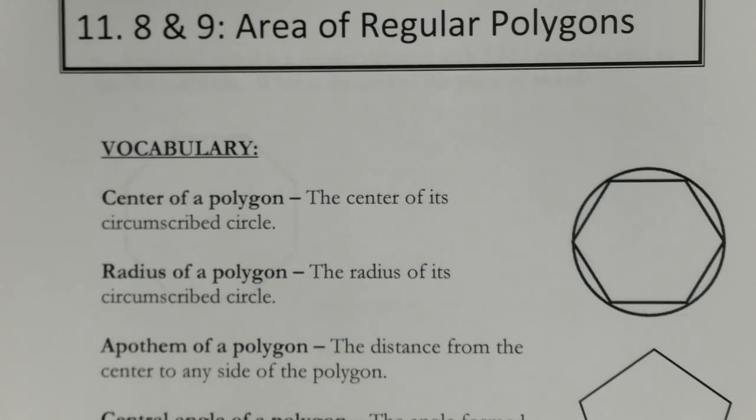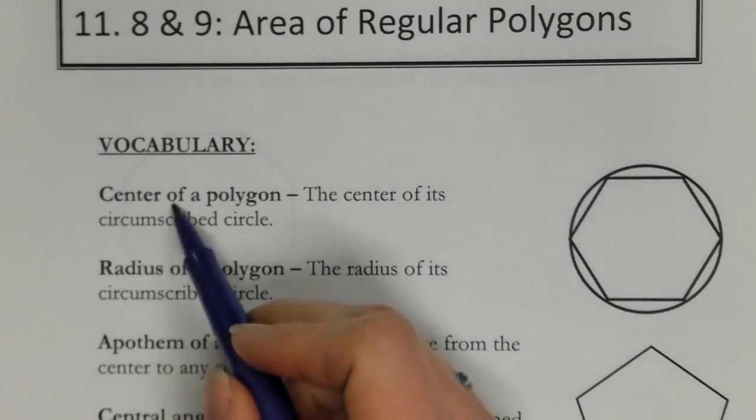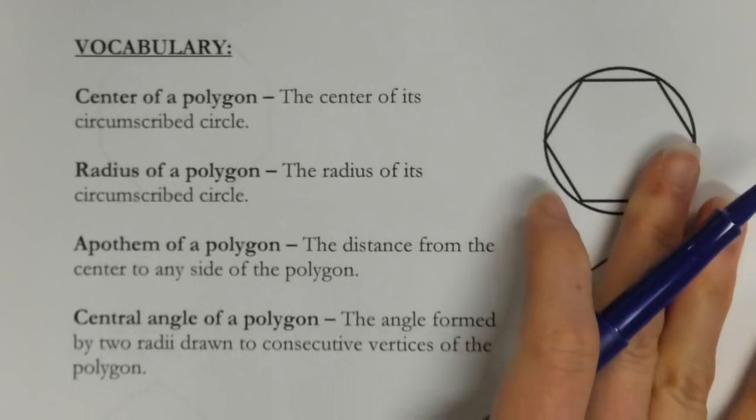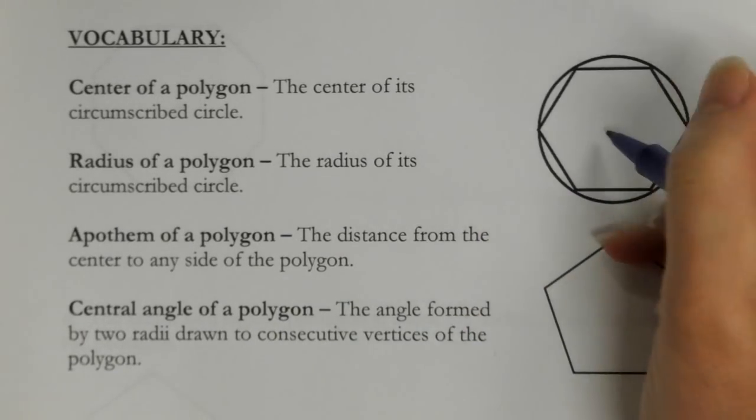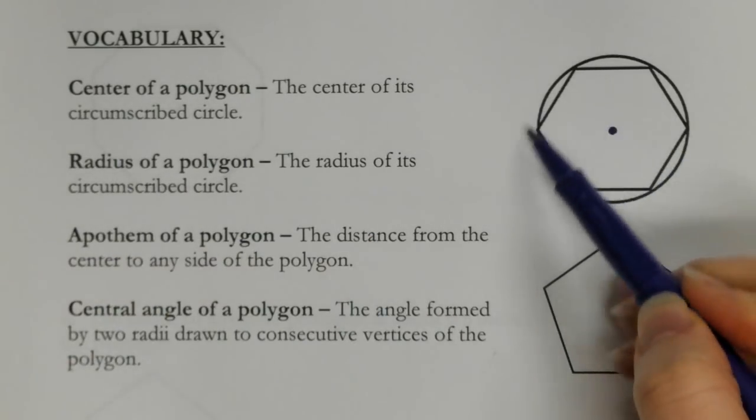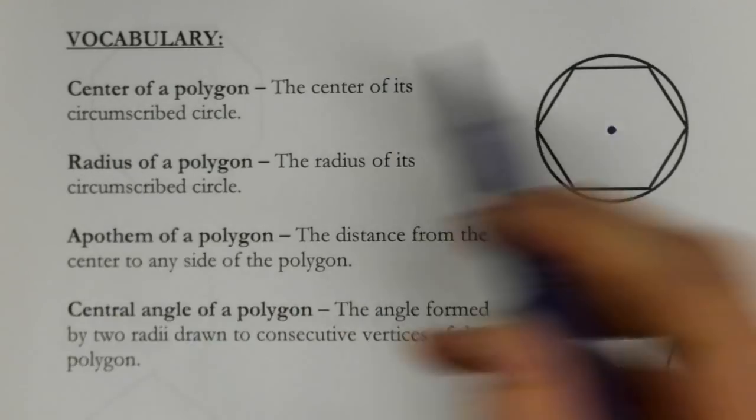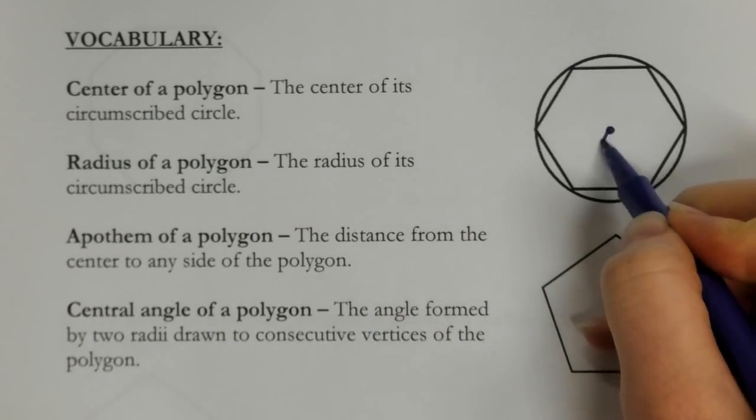Alright, these are 11, 8, and 9 notes. These are going to be a little bit longer because there's just a little bit more to area of regular polygons. So we have a couple vocab words at the beginning. The center of the polygon is just the center of the circumscribed circle. The circumscribed circle is around the shape. The radius of the polygon is the radius of the